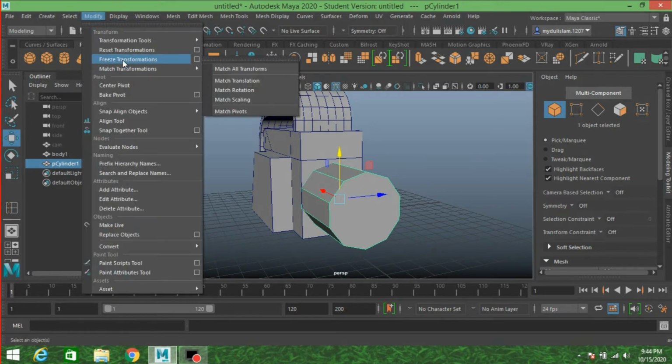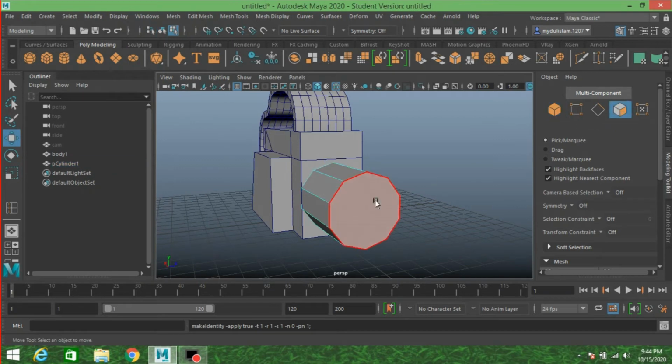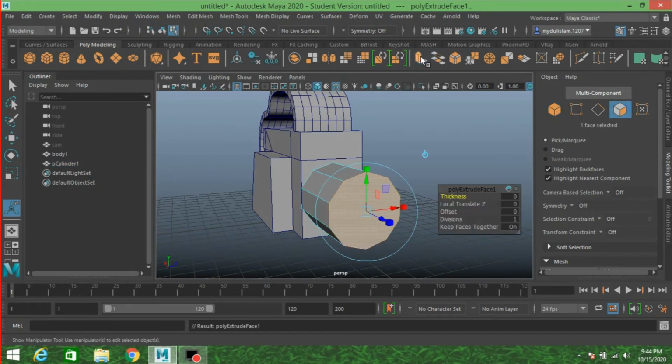Go to modify, click freeze transformation. Face selection mode, select this face, click extrude and offset, type here 0.4